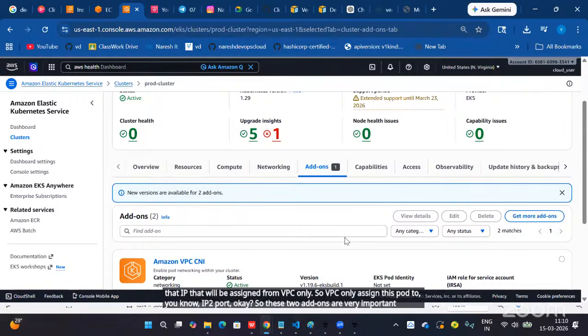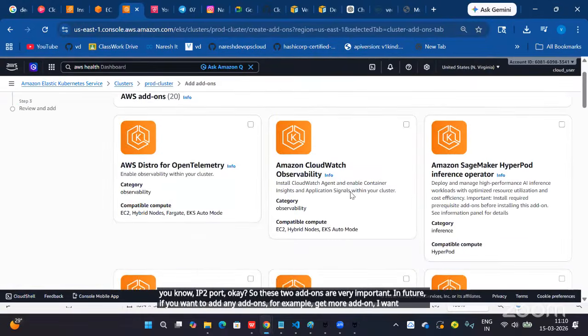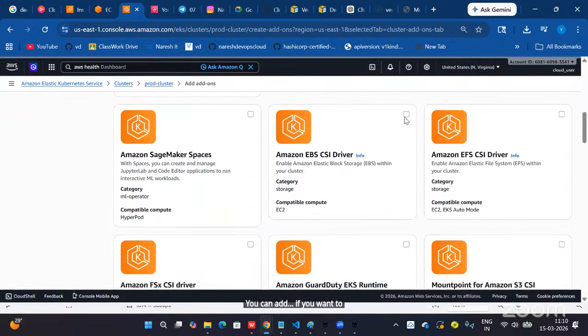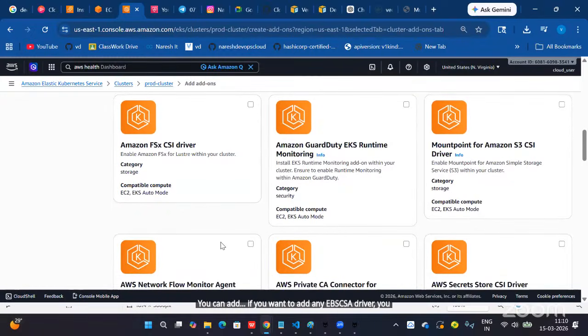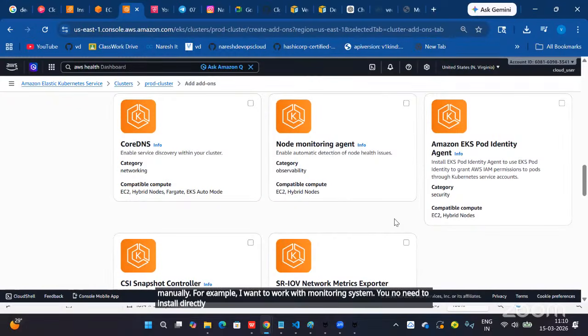In future, if you want to add any add-ons, for example, I want to install CloudWatch observability, you can add it. If you want to add the EBS CSI driver, you can add it. So these add-ons give direct features to Kubernetes instead of installing manually. For example, if I want to work with a monitoring system, you need not log in to the cluster and install it directly.